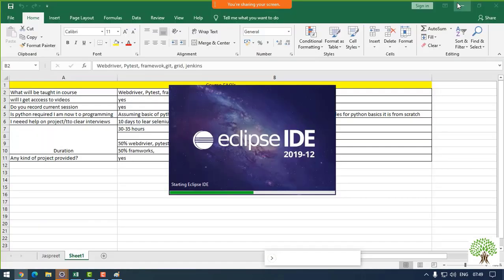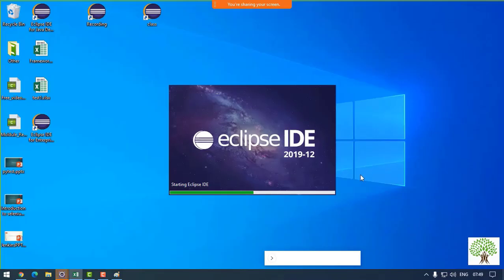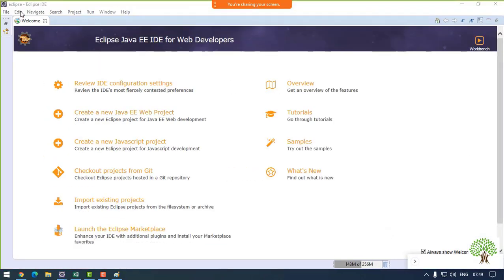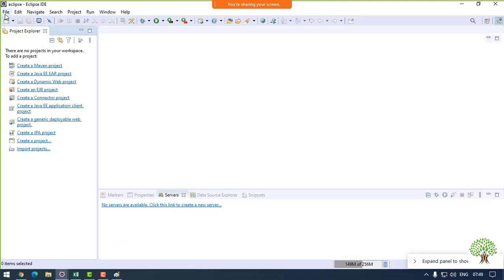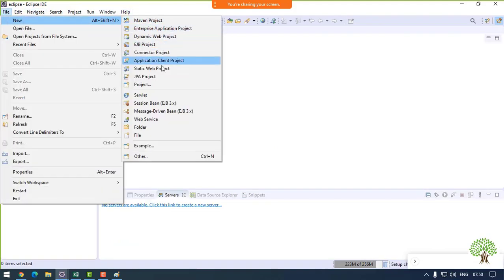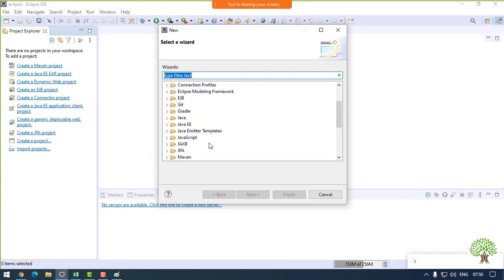Just wait. It's restarting, so I'll wait. It will again open up with the welcome screen, so you can close it. Now if I go to my file option in the new, these are the Java supporting files. So in this I'll not be getting the Python option, but over here in the others I'll get a folder